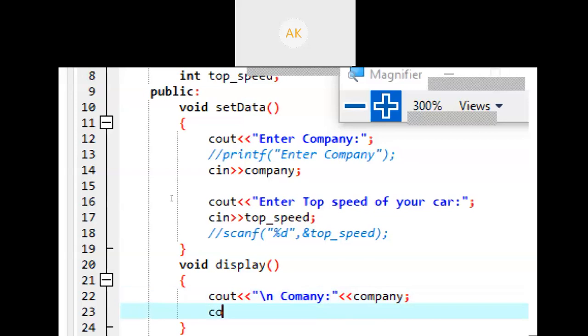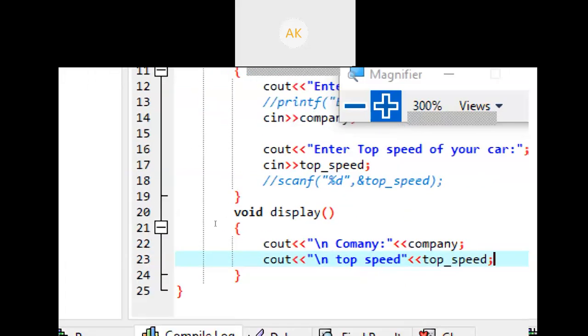And next message, cout, new line, top speed, and your variable name, which is top speed.